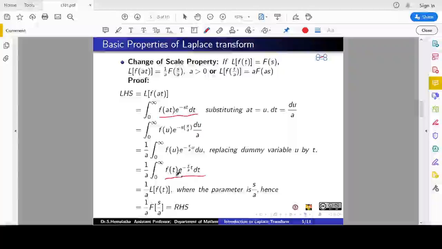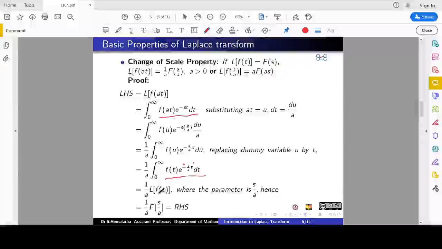When you write the Laplace, your format is e to the power minus st. Minus is fixed. This t is also fixed. Only in the parameter can we include any sort of changes. So I have just rearranged this term as s by a. Here in this step itself we have rearranged. And here this dummy variable u is replaced by a t variable.